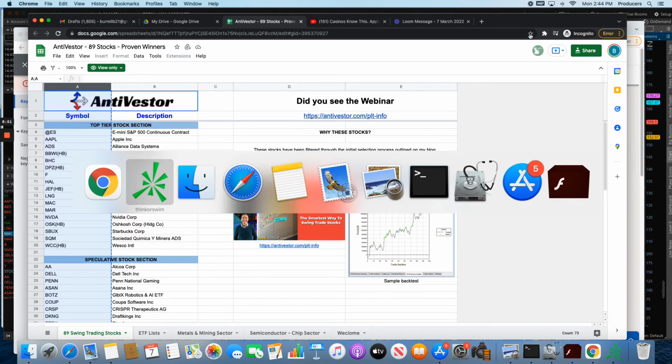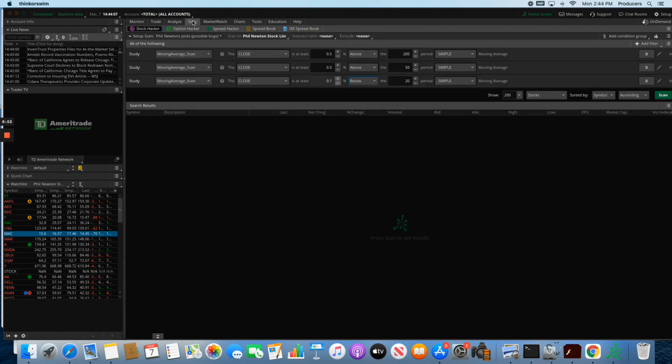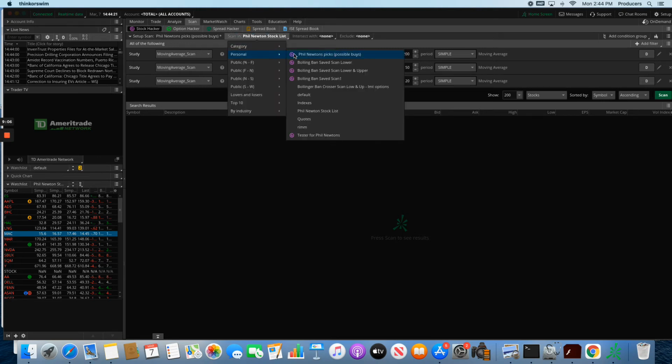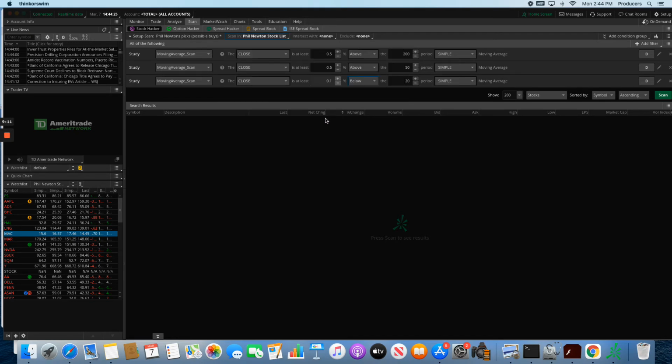So let's get back over here. Now that we got that, whatever you save this as over here, when we put that name in, we're going to come up here and go to personal, and select that because that's the watch list. We just want to scan those stocks. If we don't do that, it'll scan all the stocks in the world, and we don't want that. We just want to scan what's in this watch list. So if we hit the scan button,